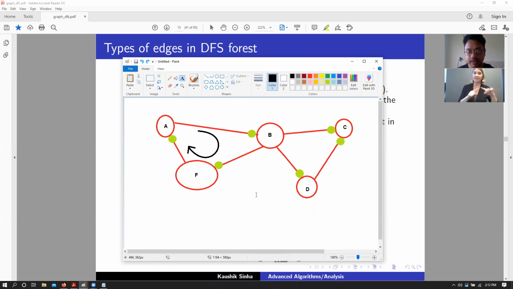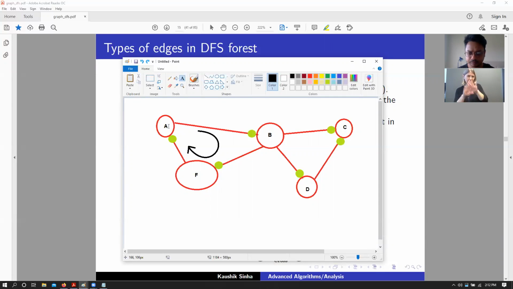Now note that if I start from C, I will start off with C with nothing else, and then I have to move back on. But if I start with D, I can go to D and C and I have to start again. But B gives me B, D, and C, and then we get to F, then we get to A, then we get back to B. That basically means that this particular edge now becomes a back edge, because there is a connection to a parent somewhere.